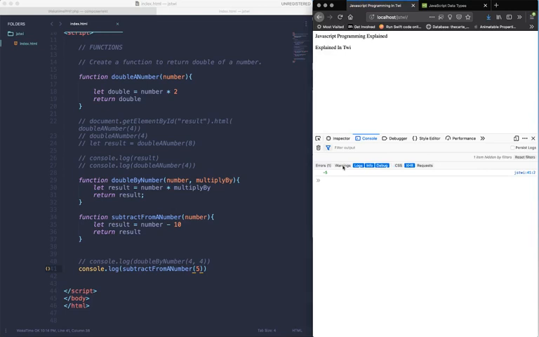It will do anything, as long as it's meaningful and the computer understands it. Now a quick way to do this: let result equals